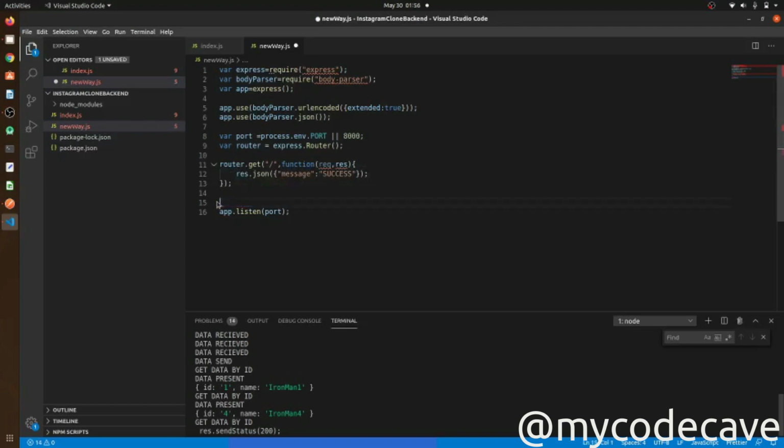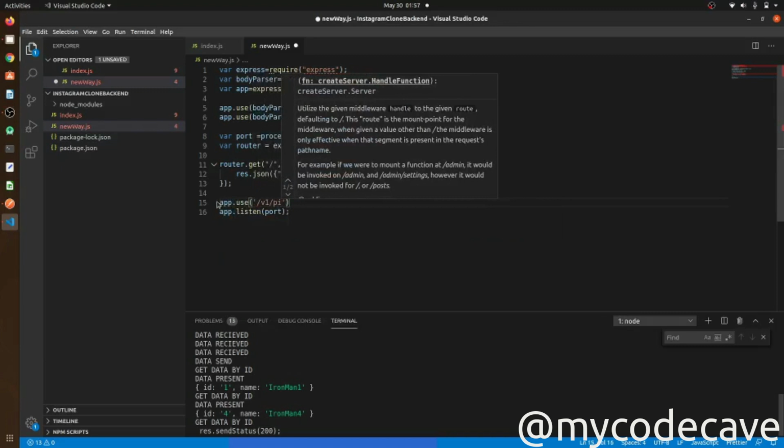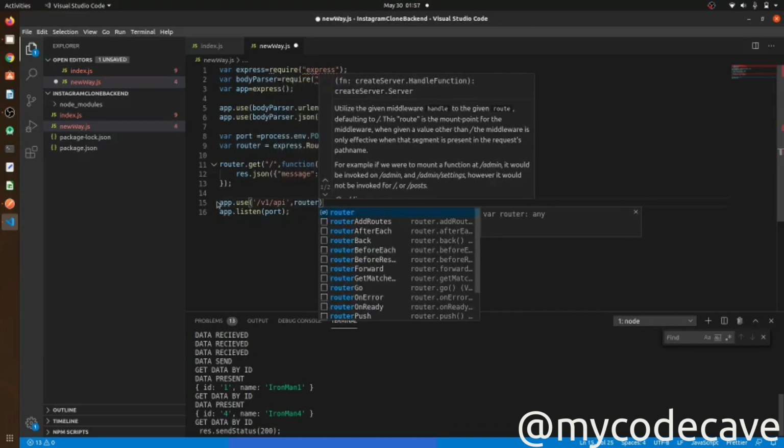So we are going to create that. We will do app.use, and after that I will give v1/API, because this is the first version of the API, and my router will use that. My router will now use this as the starting point.